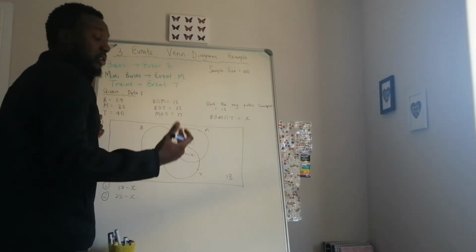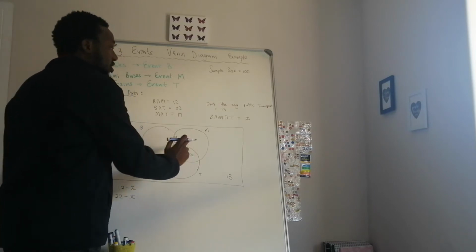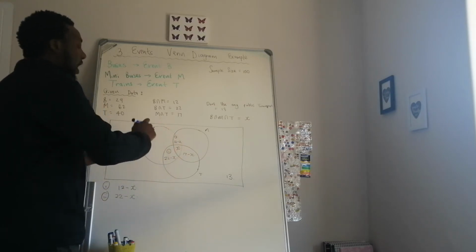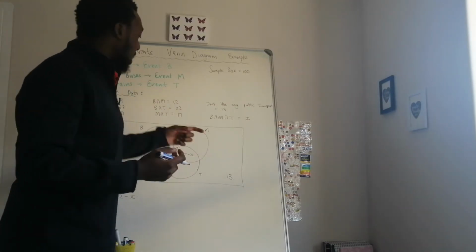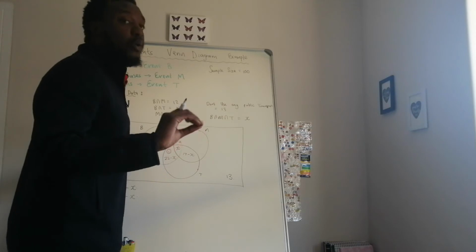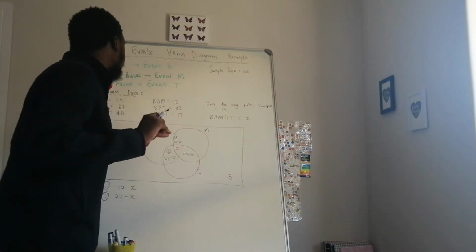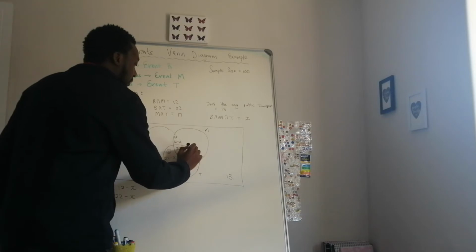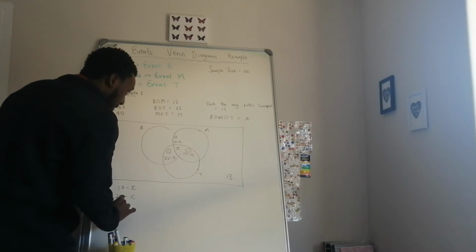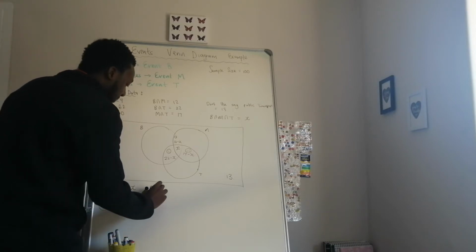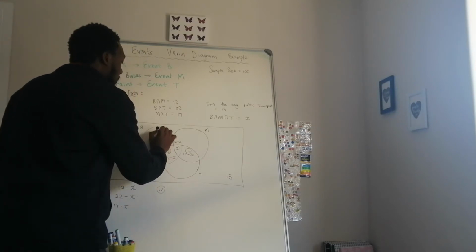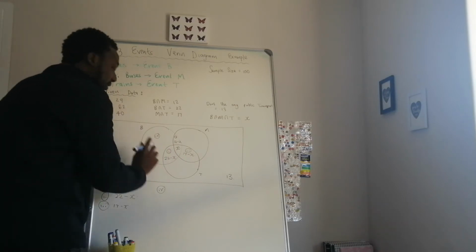Then let's go to the B and the trains and the minibuses. So we're told the whole space here. How many students use buses? How many of those students use buses? But we're not told how many use only buses. So we need to write that in terms of X. Let me just do number 3 first, the 17 minus X. So number 4 is the space right here, which is equal to 29, the total space,